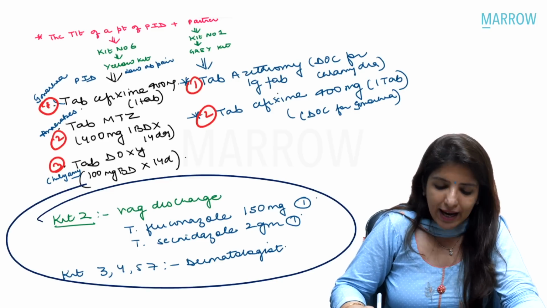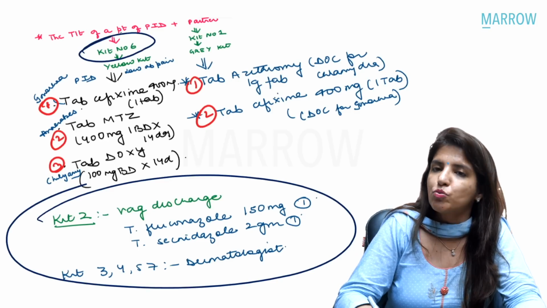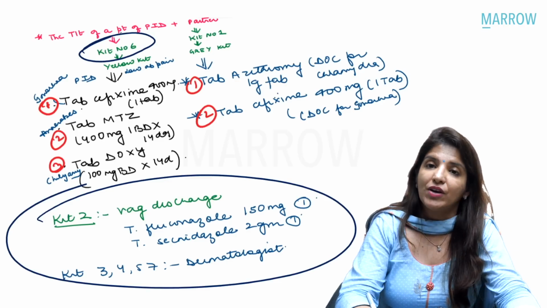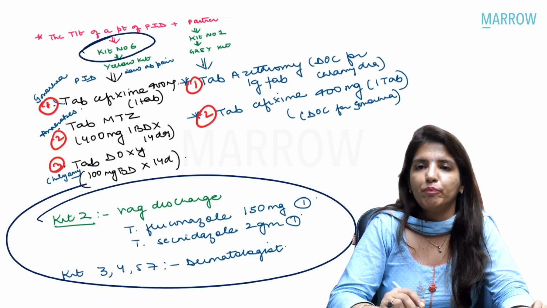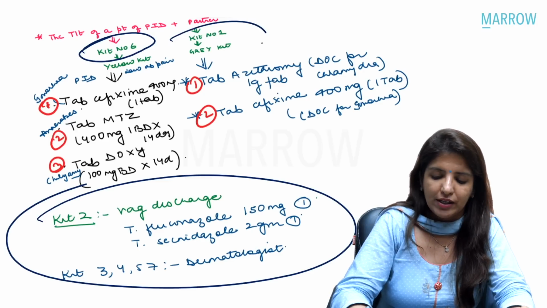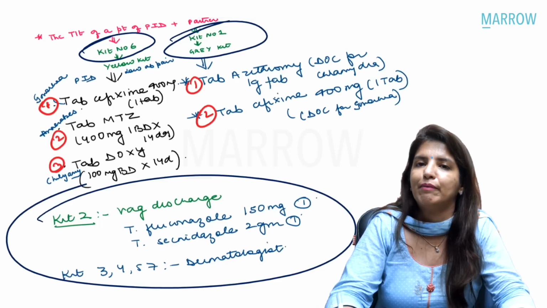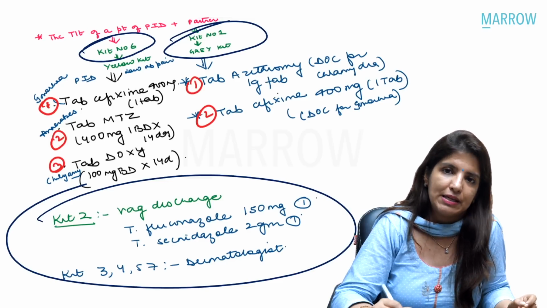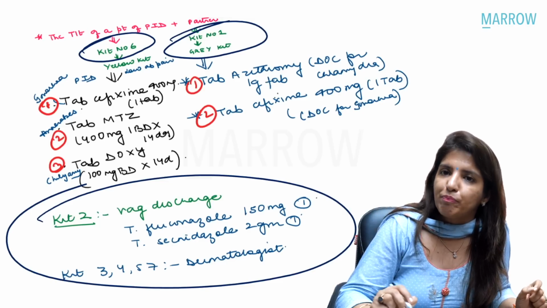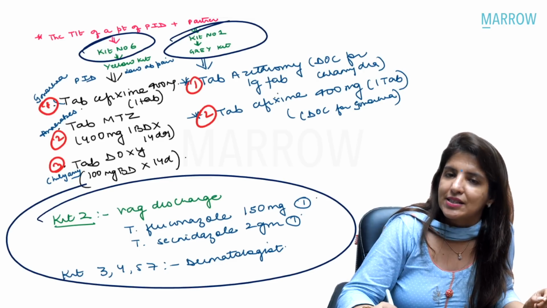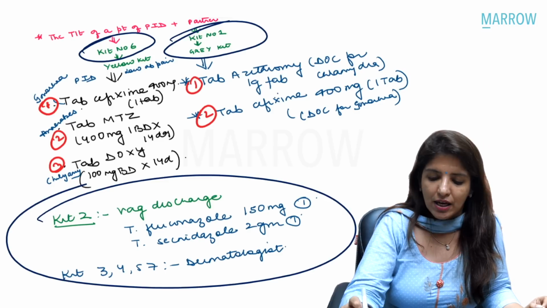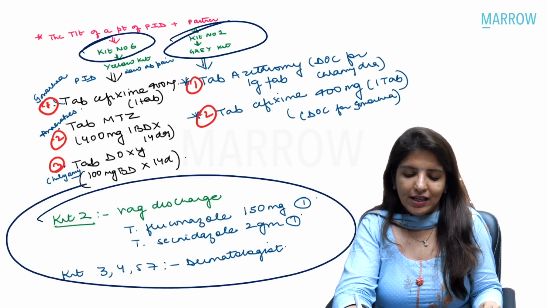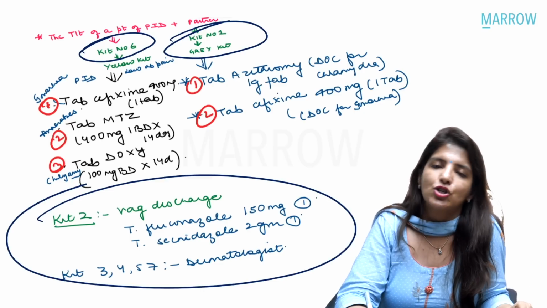In case of PID, the kit which you give is kit number 6, which is yellow in color, which has tab cefixime, tab metronidazole, and tab doxycycline. This you give to the patient, and to the partner you give the gray colored kit, which has tablet azithromycin and cefixime. So in PID, to the patient you give the yellow colored kit, that is kit 6, and to the partner you give the gray colored kit. And in case of vaginal discharge, you give kit number 2. So these are some